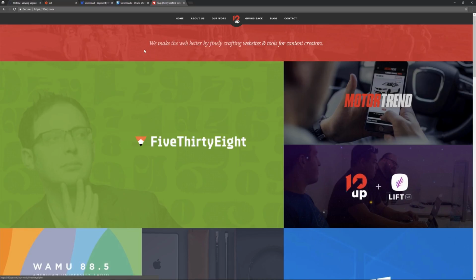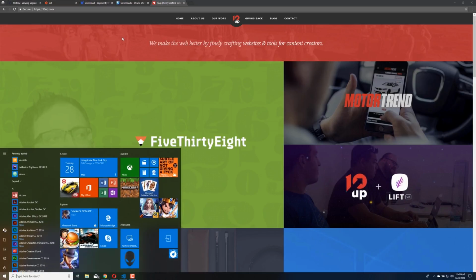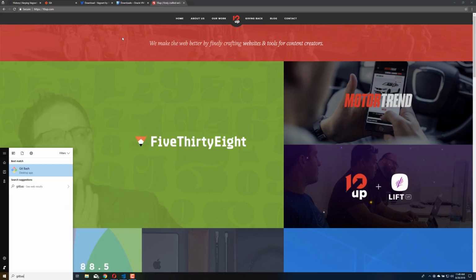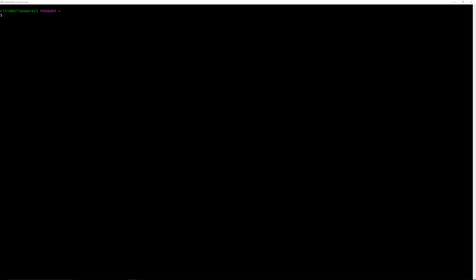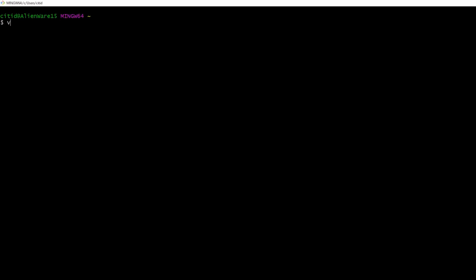All right, so what we're going to do now is I'm going to open up Git Bash, or you can open up Command Prompt, and you're going to want to do this with administrator privileges. So for my purposes, I'll type out Git Bash, and all this is Windows specific. If you're on Mac OS or if you're on Linux, you could just use a sudo command when you're working in terminal. All right, so here I'll right click and I'll run as administrator. I'll get a prompt asking if I really want to do this, and I'll say yes. So now that we're here, what I'm going to do is type out